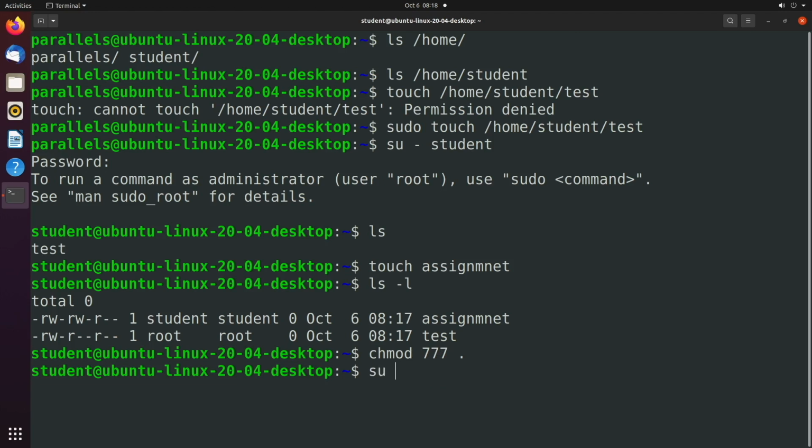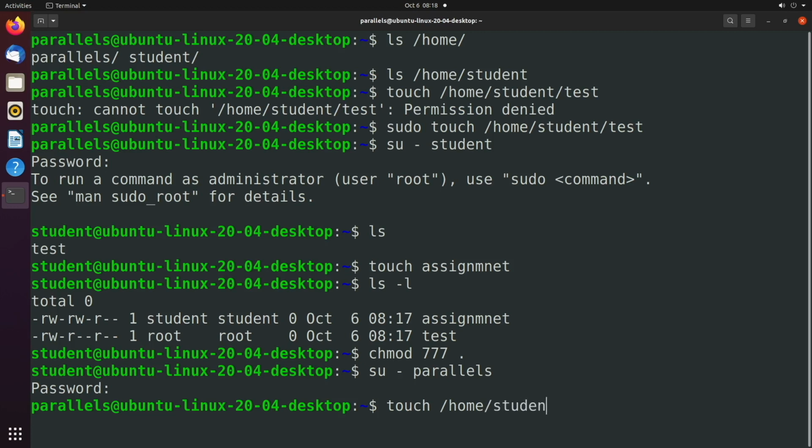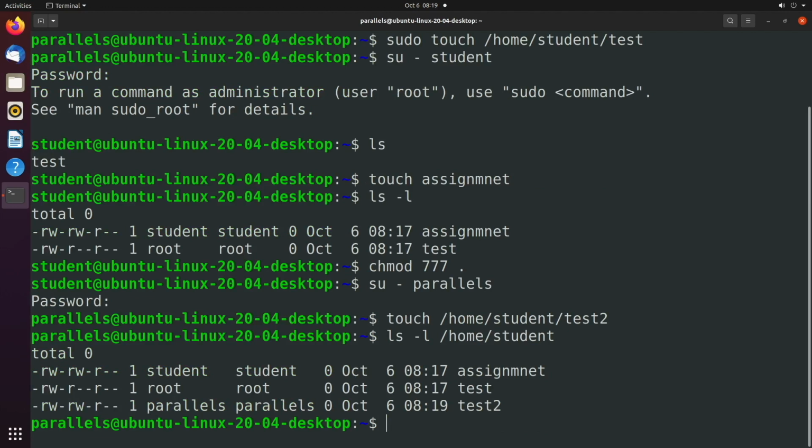So let's switch users back over to parallels, to the main user. And we're going to touch another file. This time we don't have to use sudo because we have permission. So we'll go into student and we will just call this test2. And now when we take a look at /home/student, you can see there are 3 files, one created by the student, one created by root, and one created by parallels. All right, we'll probably look back more at this here soon, but for now